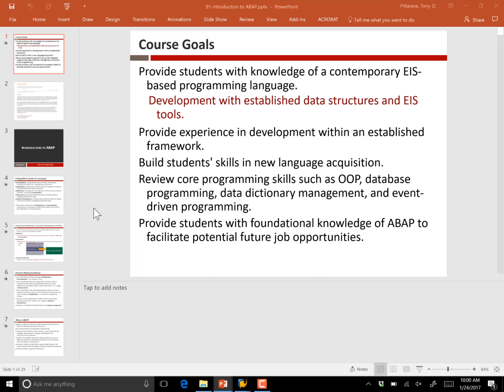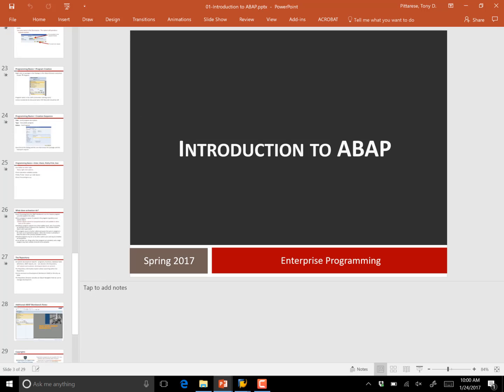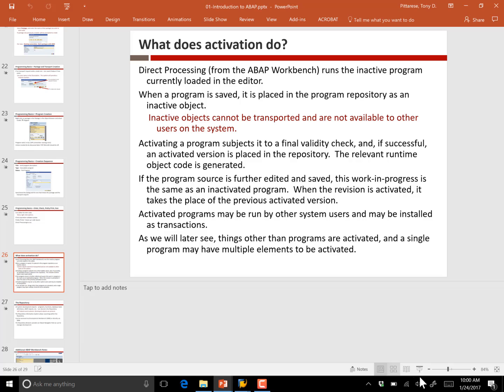In our time together today, we have just, I think, one slide left in the slide deck Introduction to ABAP that we need to talk through because it has some important content for us. And then after that, we will jump into our next topic together where we start talking about syntactic elements in the ABAP programming language. So without further ado, in the context of Introduction to ABAP, if I jump here to